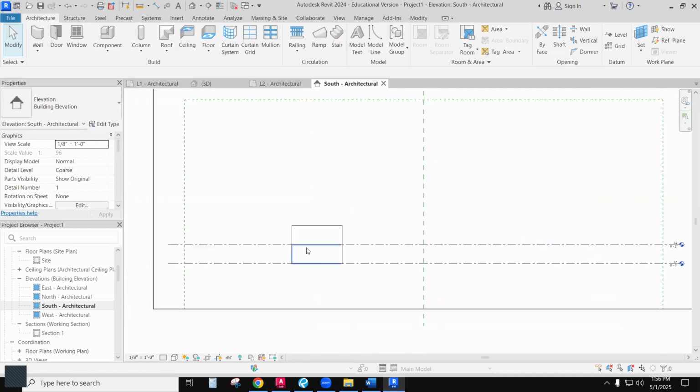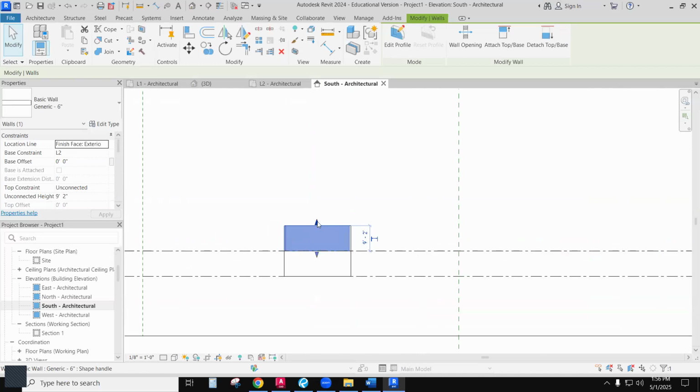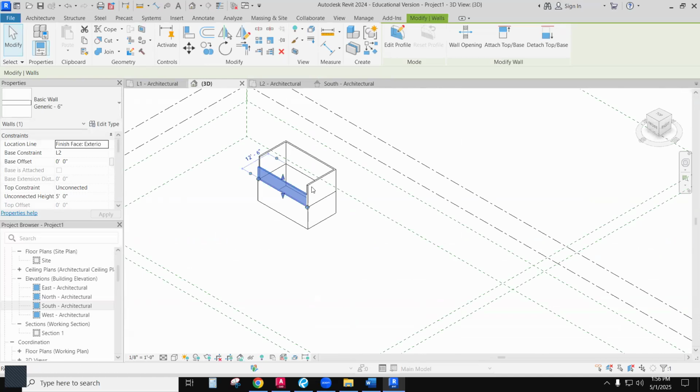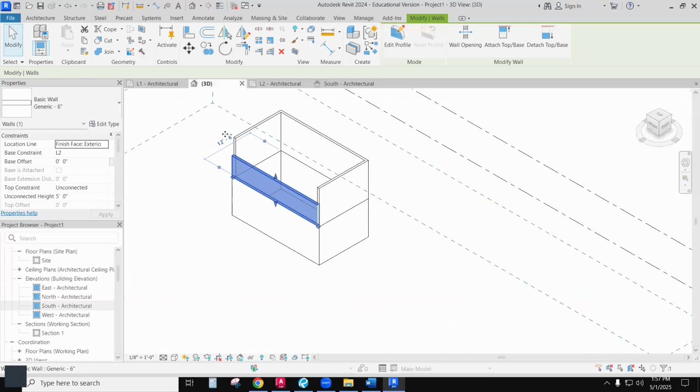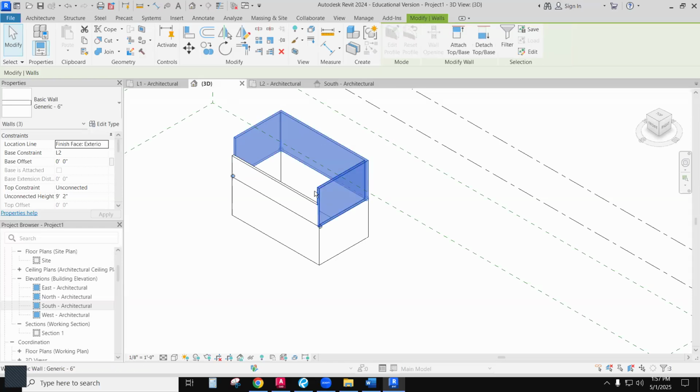And I also need to adjust the height of this. I can select it and I can adjust it like so, although that's only selecting the one. Notice how I have it still selected. I can go to another tab, like the 3D or the level 2 tab. And I can see, okay, I have this one selected still, and the adjustments were made automatically in each view, which is really nice. So I'm going to select this one, this one, this one, and this one. I did control to select all of those, and